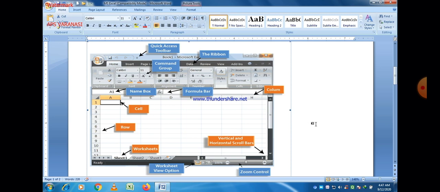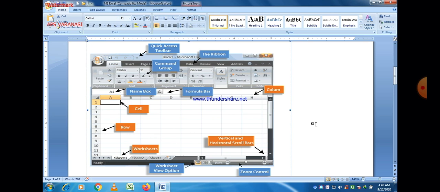You can easily see that rows are given here, columns are given here, and all the options are available here. And one new thing is there, and that is the formula bar, in which you can type a formula. And the quick access toolbar is also there in MS Word as well as in PowerPoint.